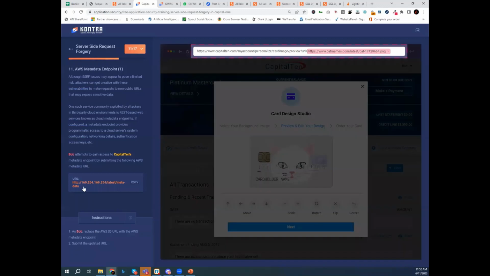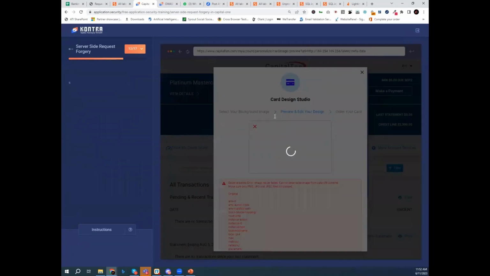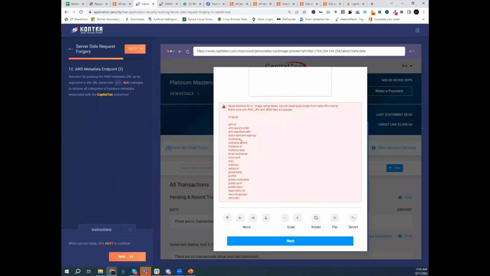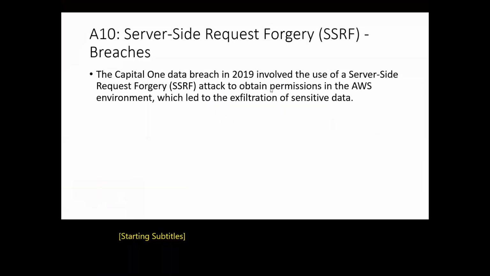So you can see that I am just copying a metadata related thing, and I just control A, paste it over here. And you can see instead of showing us the image, it's showing me the metadata, and I can manipulate all of these. So as discussed, that server-side forgery is also available, and it's a very valid kind of attack